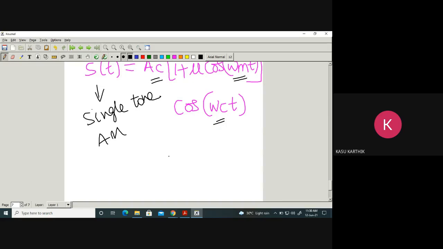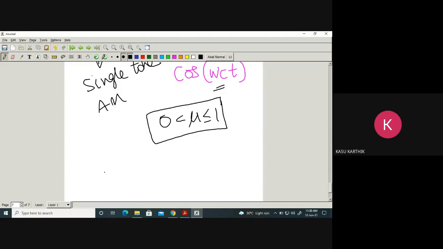Here, as I told you, typically mu is between 0 and 1. But sometimes it is more than 1 also. This is a very reasonable value for mu. It should always be between 0 and 1, but it can be more than 1 also. We will see what happens if it is more than 1. Now what is mu equal to? Ka into Am. What is Ka? I told you, it is the amplitude sensitivity. What is Am? It is the amplitude of the message signal. Here mu is generally constant.